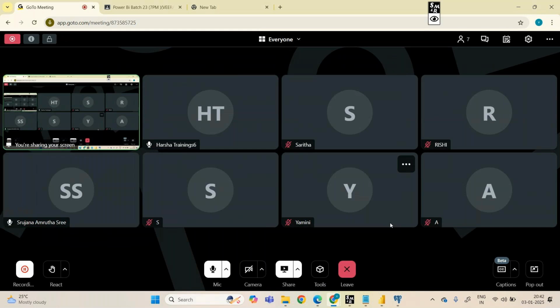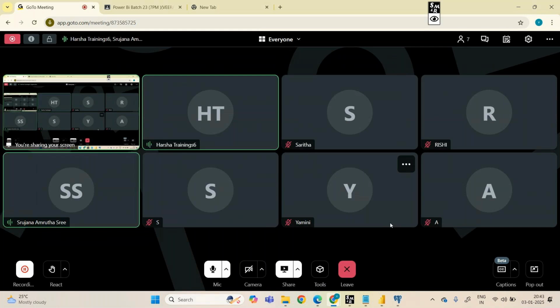The project was about building a sales dashboard. Normally in Power BI, schema means schema or database. Star schema and snowflake schema will be there.